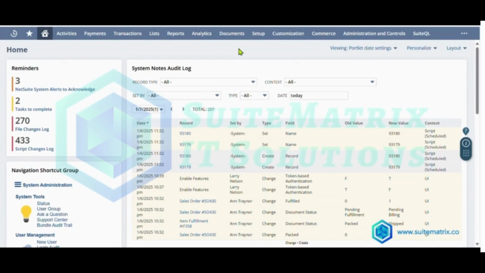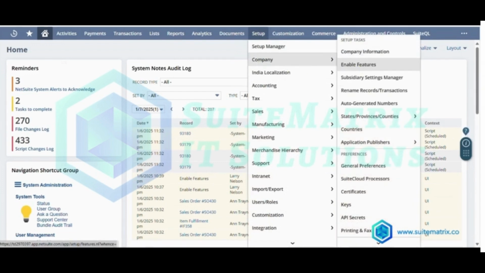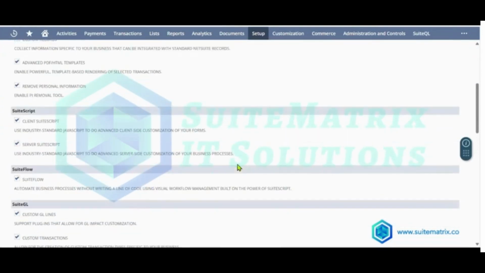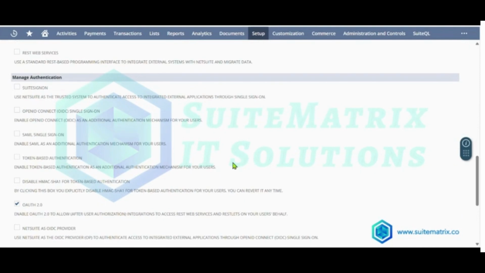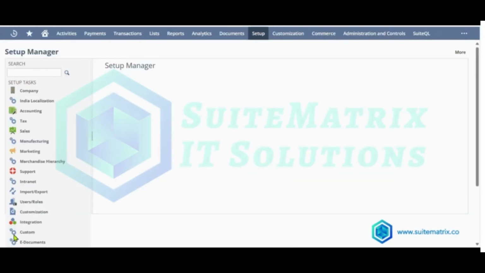The first step involves enabling token-based authentication in NetSuite. To do this, navigate to Setup, Company, Enable Features, and on the SuiteCloud tab, check the box for Token-Based Authentication, TBA, under the Manage Authentication section, then click Save. Next, create an integration record by going to Setup,